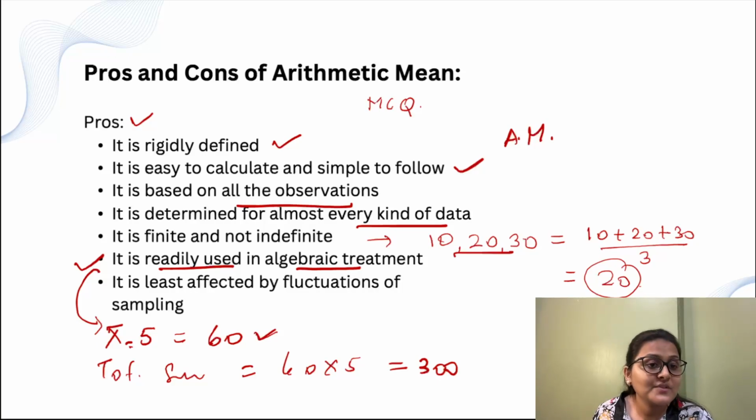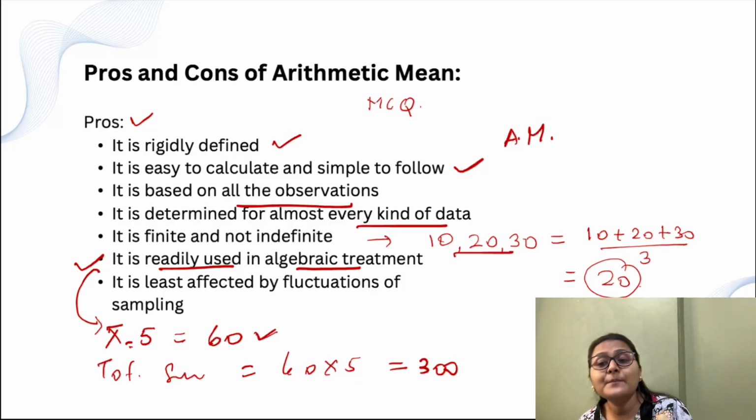The last pro is, it is least affected by fluctuations of sampling. So when we take different random samples from the same population, then the mean of these samples is not going to change that much. It is going to remain at that population mean only. For example, if population marks of the students is 50,